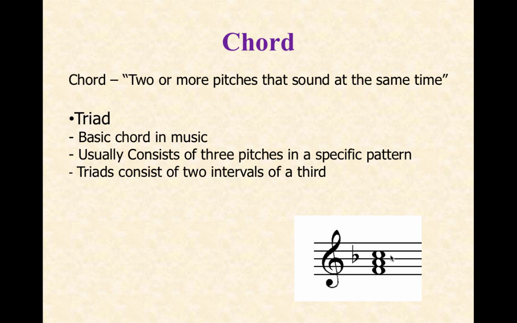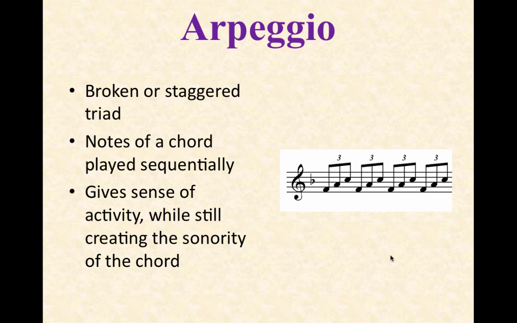An arpeggio happens when we take a chord and instead of sounding it all together as one unit, we break it up and stagger it and play it sequentially. We have conjunct and disjunct to describe connected melodies and disjointed melodies. And now we have consonance and dissonance, same prefixes, but now they're describing what things sound like when they're played together.